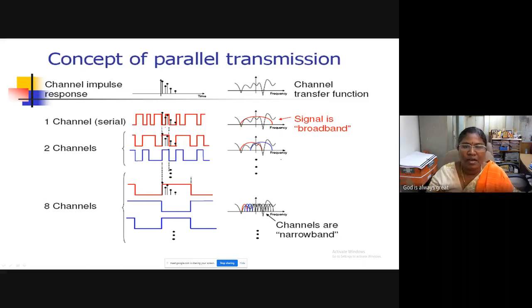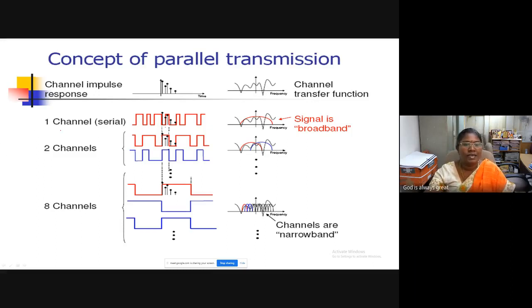this slide will explain how your frequency selective faded signal is becoming a flat faded signal. Right. So this is the channel impulse response. You can see the impulse response is varying as well as extended over time, and the frequency response, the Fourier transform of that, will be like this. This is one range of frequencies which has been attenuated similarly, and this is another range of frequencies which are going to be attenuated similarly. So for this impulse response, this is the frequency response.